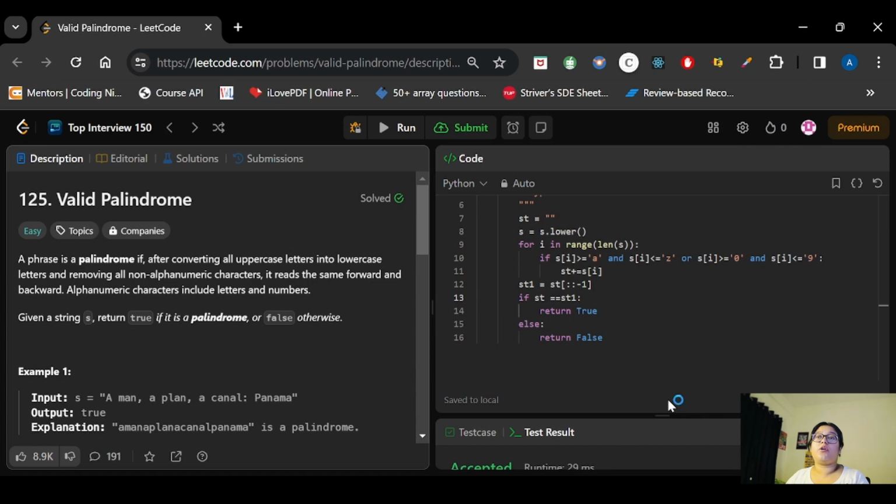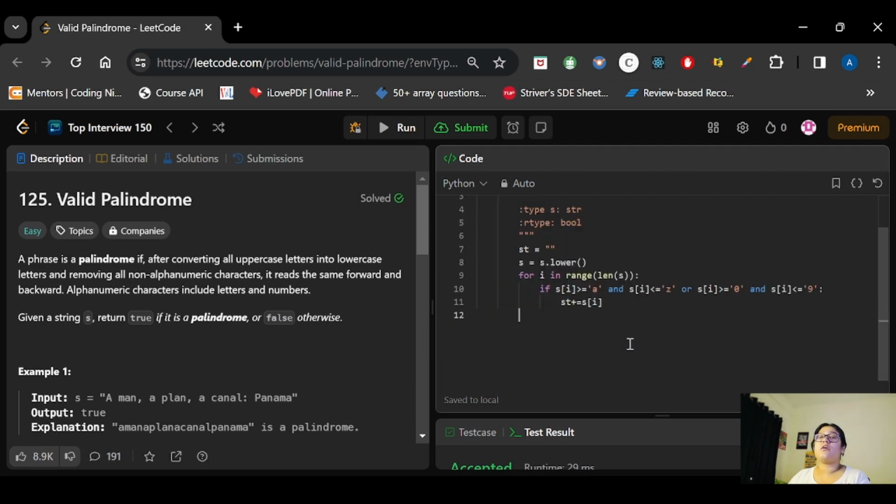Now let's see the two pointer approach. We will keep this code as it is because this will remain the same. The difference is we will not be reversing here. We will start from i and take the length of st, and we will go till mid only. Let's take one more variable, j, as we have to use two pointers, and we will start from n minus 1.